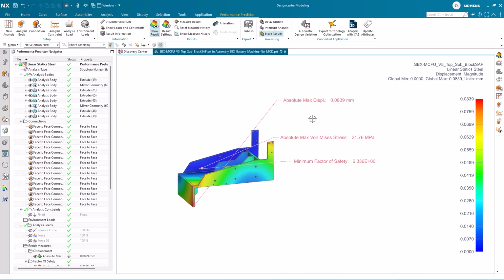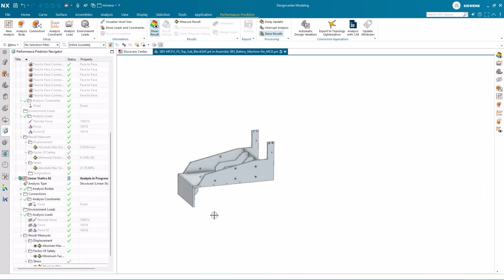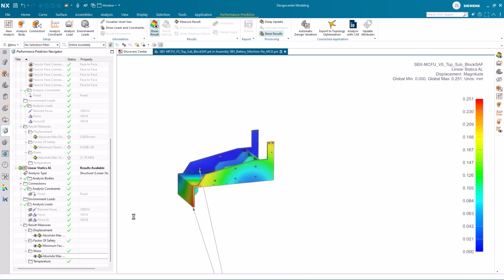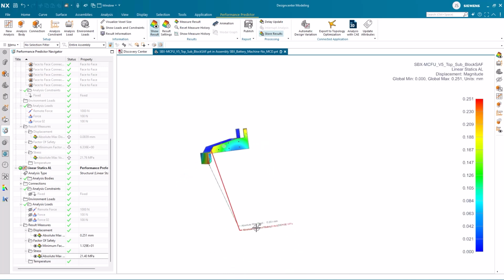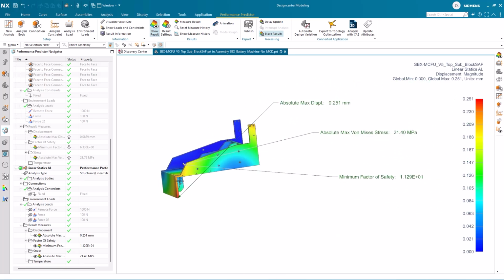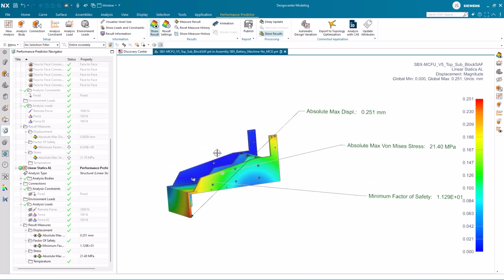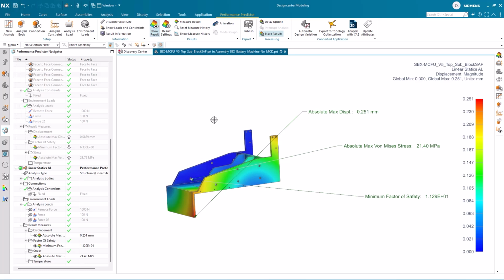Now I can compare these to the aluminum results and make a more informed design decision without needing to export or simplify the assembly parts within NX. In this demonstration, we selected a subassembly in the context of a larger assembly for analysis. We then automatically generated connections for the individual components and set our constraints and loads for analysis. We were then able to compare our feasibility of using steel or aluminum for our components. Thank you for your time and attention.